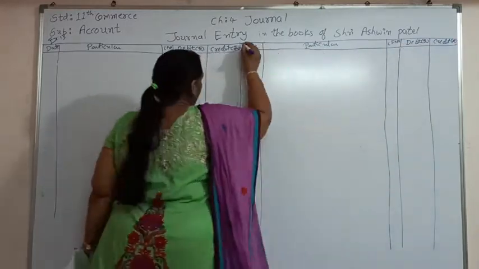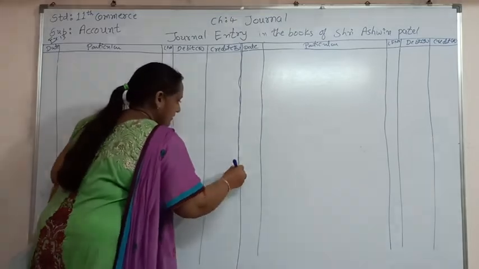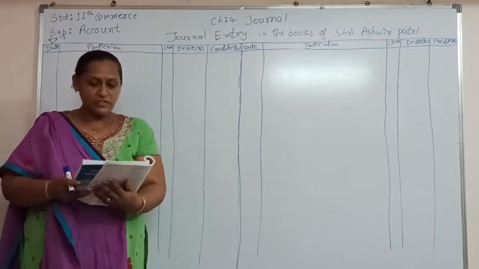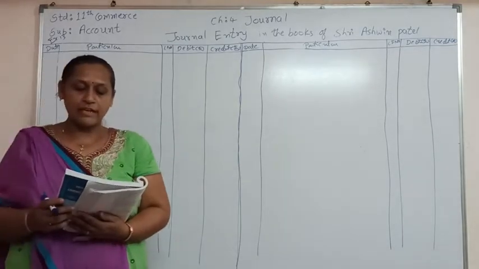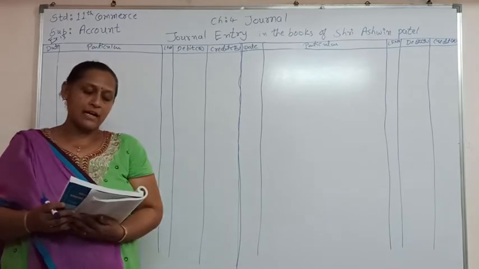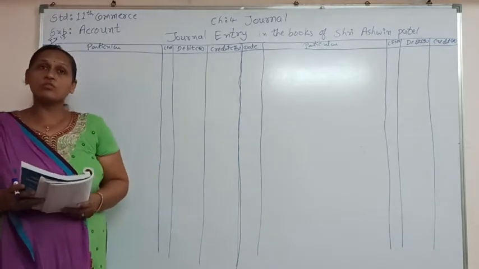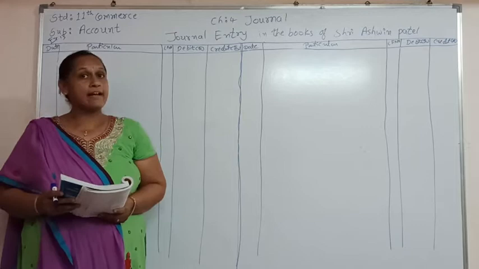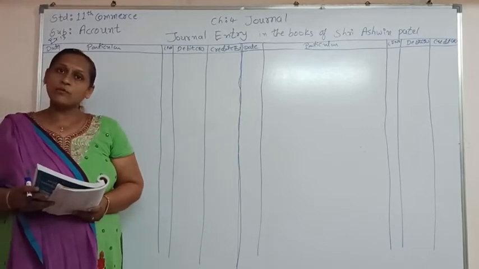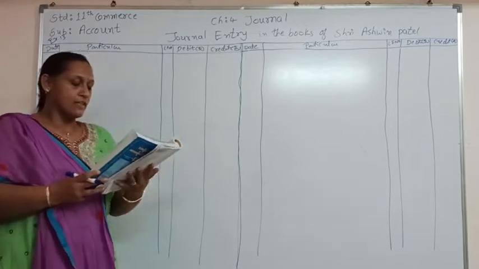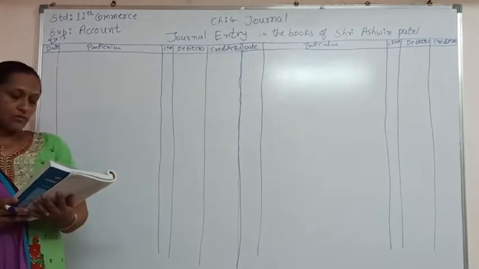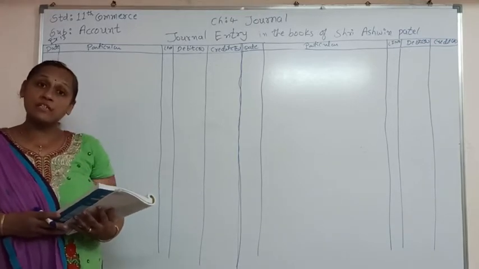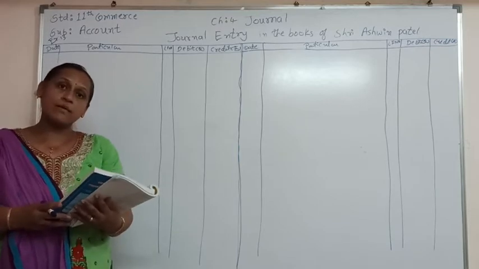So here, let's start the journal. The very first transaction is this. On 1st January, goods of rupees 10,000 are purchased from Suresh Rai of Surat, and railway freight of 2,000 and labor of 500 are paid by cheque. So here we have purchased goods from Surat, that is within the state, so CGST and SGST are applicable. So input CGST and input SGST. For that our journal entry will be: purchase account debit, railway freight account debit, labor account debit, input CGST account debit, input SGST account debit, to bank.